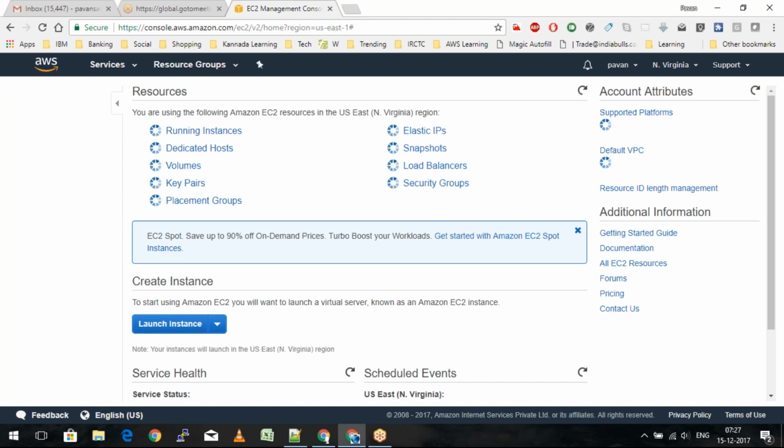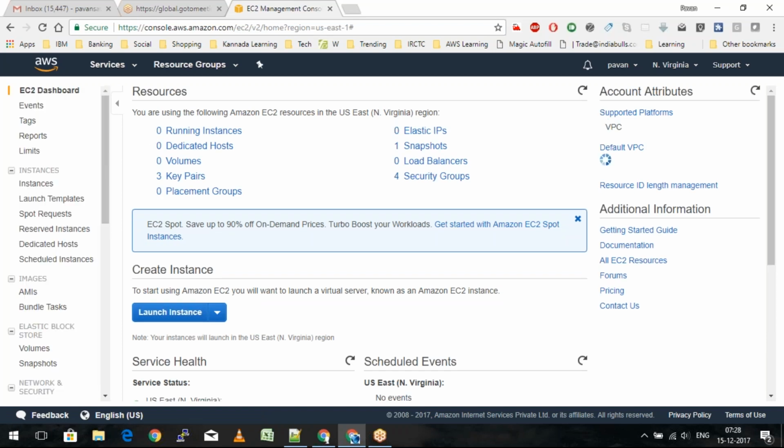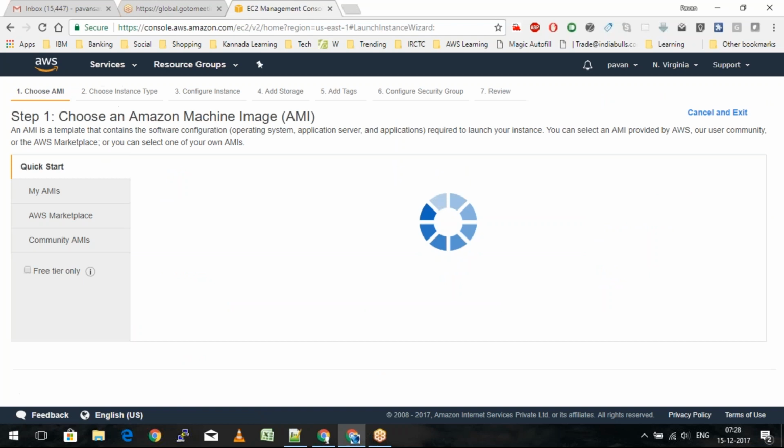Okay, there I am in my AWS console. I'll quickly navigate down to the EC2 section. Now, whenever I go ahead and click on launch instance, here, if you see, there is something called root device type.